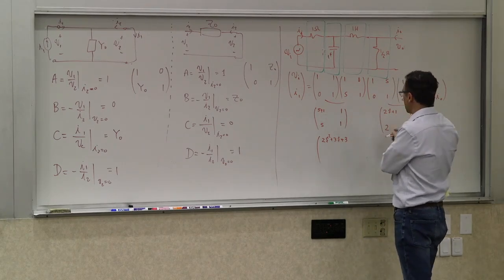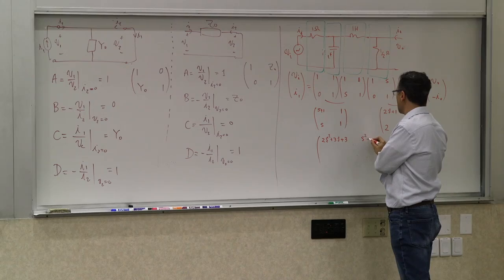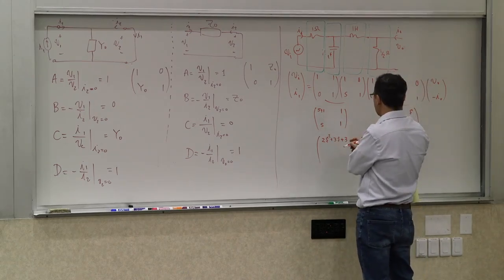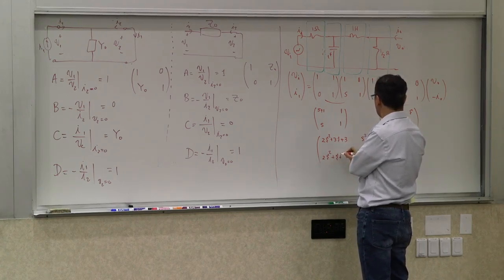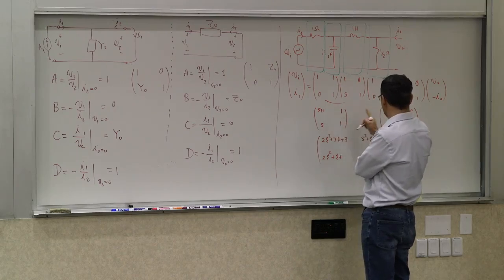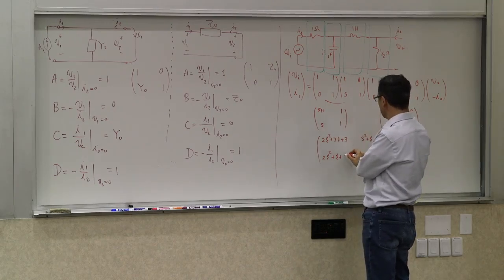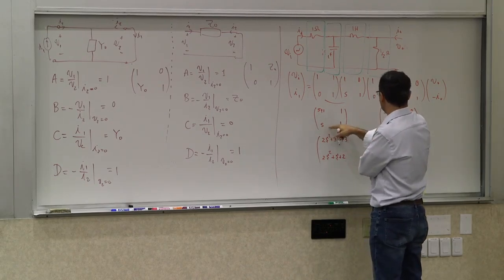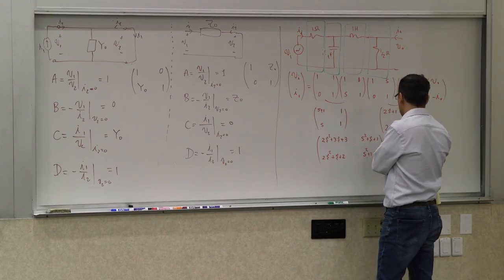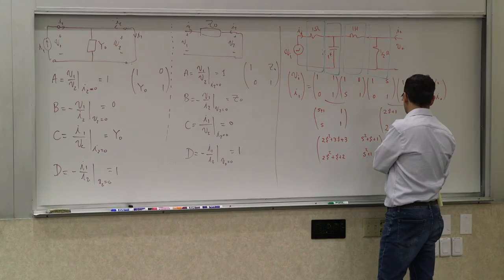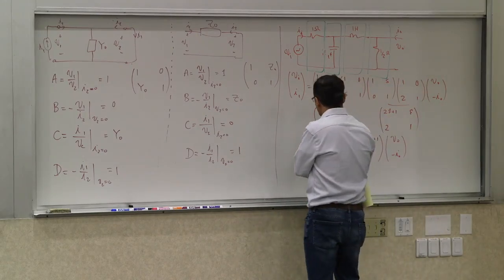This times that gives you s squared plus s plus 1. This times that gives you 2s squared plus s plus the 2 from this one and that one. And then you get this times that, which basically gives you s squared plus 1, times VO, negative IO, is